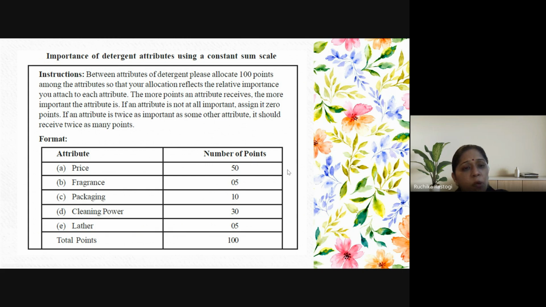Let me put a very normal example in front of you. Recently, Ariel decreased its prices by 60%. Earlier, a 3 kg packet of Ariel was priced at 1000. But after conducting a survey in the market, they found people wanted to use Ariel but were not very happy with the pricing of the product. So the company decided to reduce the price from 1000 rupees to approximately 480. There was a 40 to 50% decrease in prices, because people were not happy with the price, but they were very happy with the packaging, fragrance, cleaning power, and leather. Everything was good.